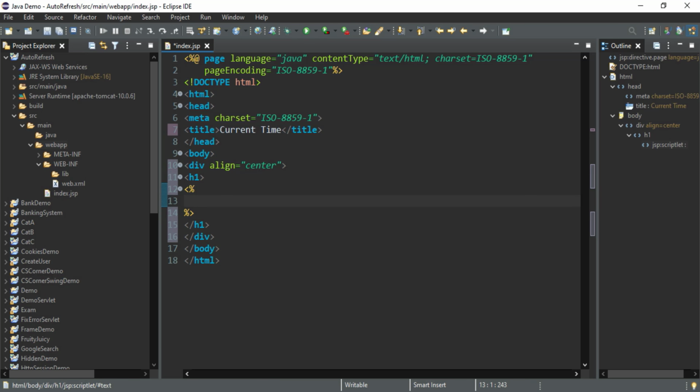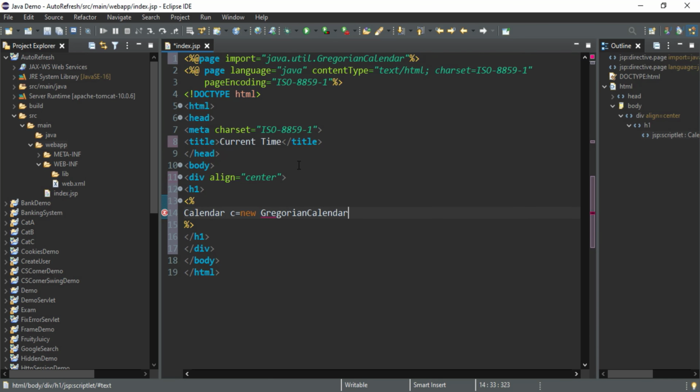So here I'm going to create a calendar variable: Calendar c is equal to new GregorianCalendar. You can see it is asking me to import the package. So I can just make it star, or you can import separately.